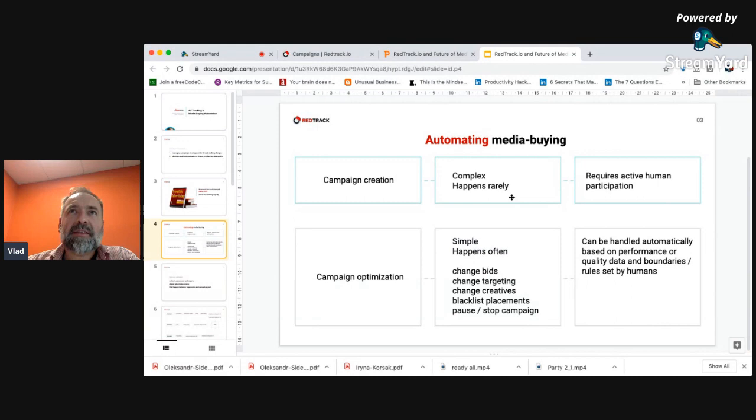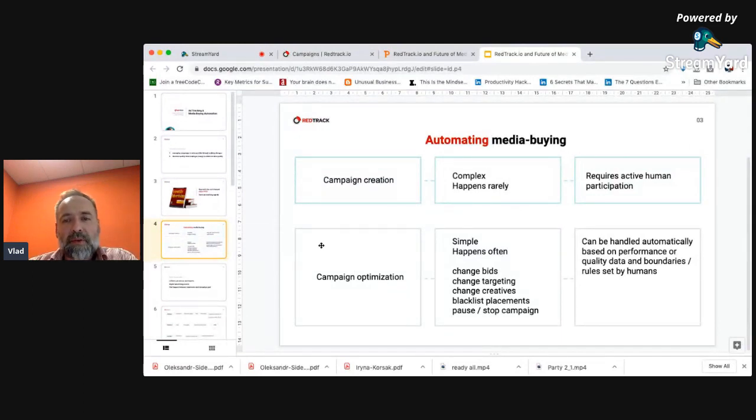Moreover, since there are a lot of settings and targetings, which are very different between traffic sources, it requires a lot of human participation, and potential mock-ups for the campaign creation interface were very complex. So they were not saving time compared to campaign optimization.